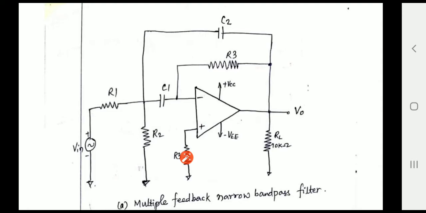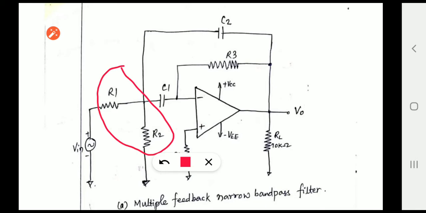So what I will do, here it contains the combination of both high pass and low pass, then only it is called as band pass filter. So first we will concentrate on the components which are connected here. Look at these components: if I eliminate R1 and R2 and C2, and I connect this Vin directly to the C1.